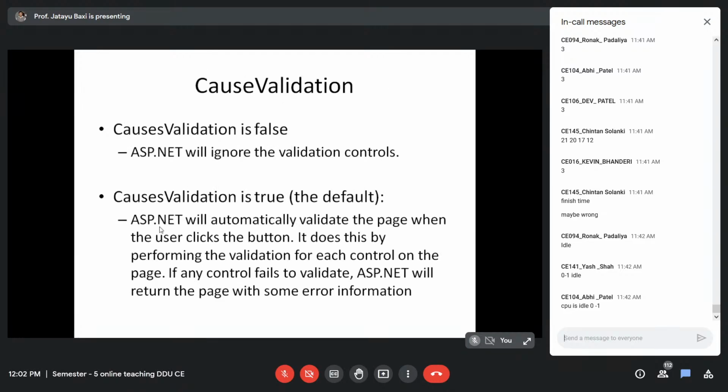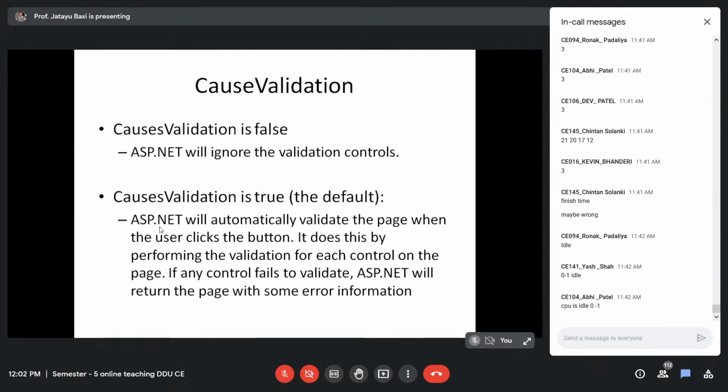So if pause validation is false, then ASP.NET will simply ignore the validation and will not do anything. Whatever controls you have used, it will not do anything if the pause validation property is false. But if the pause validation property is true, then ASP.NET will automatically validate the page when the user clicks the button. It does this by performing the validation process for each control on the page.